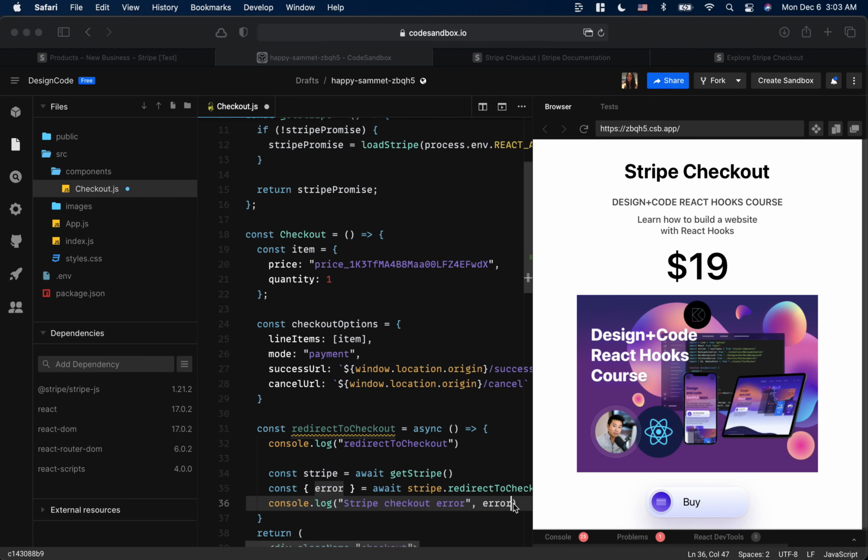Now attach this function to the onClick event of the checkout button. Here, onClick, redirectToCheckout. Now, let's test this. Click on the buy button,